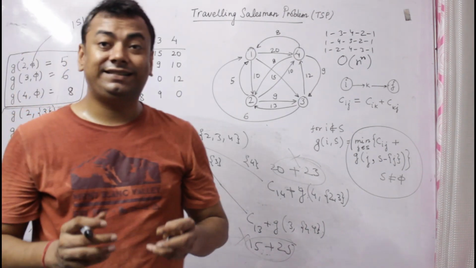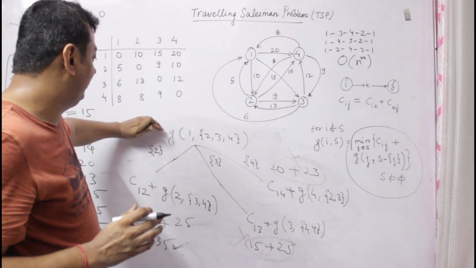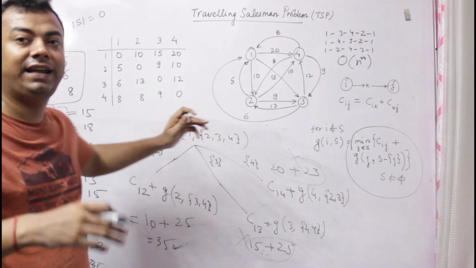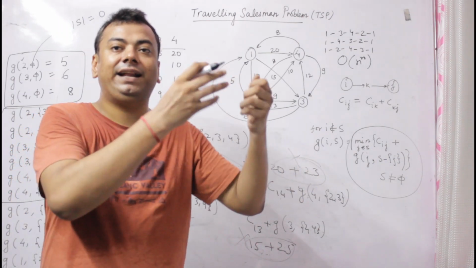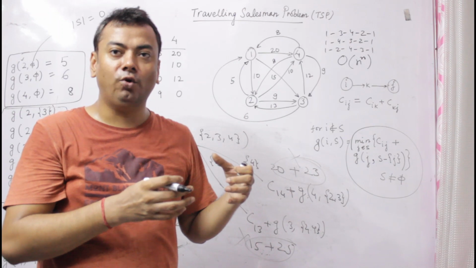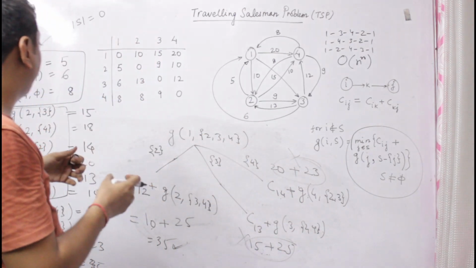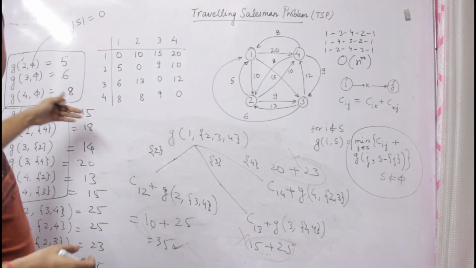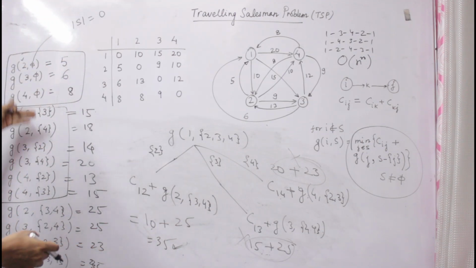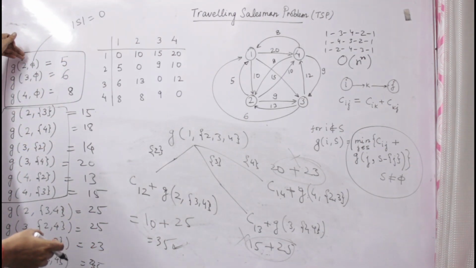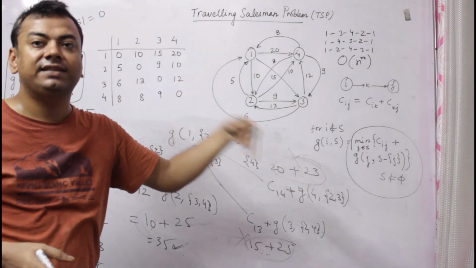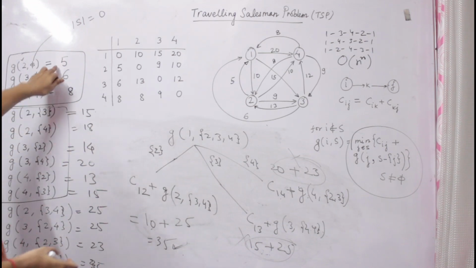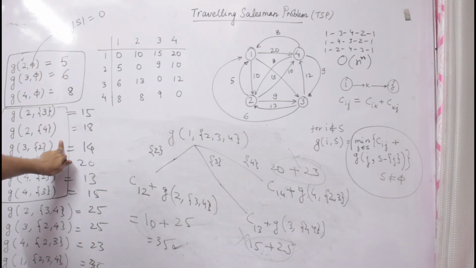So if you see the method, it is nothing but you are just filtering out the path by selecting any one of the nodes, and for that you are using some memo, you are preparing the table. So if we are at node 2 and we have to go to node 1, there is no intermediate node since 1 is the destination node, so the cost is written, and this is used in the next step.